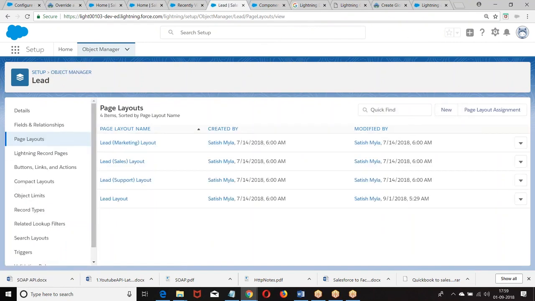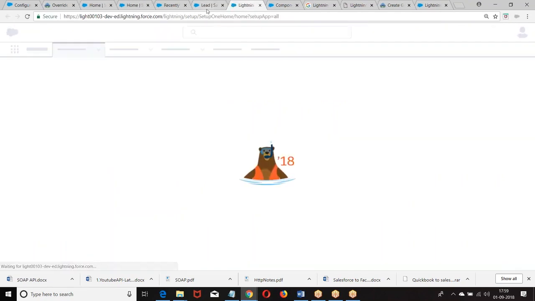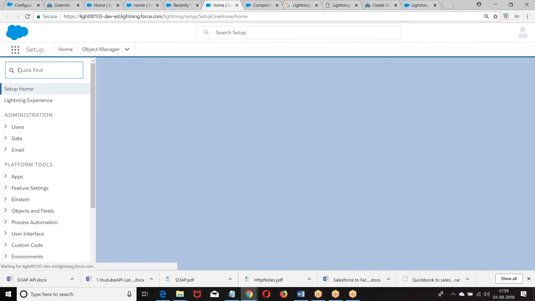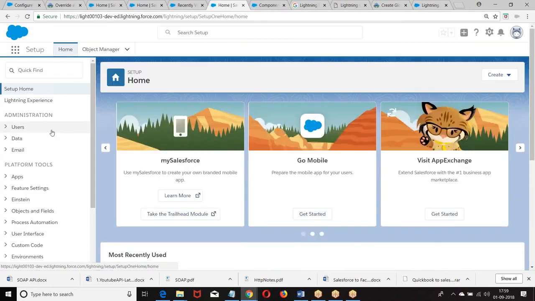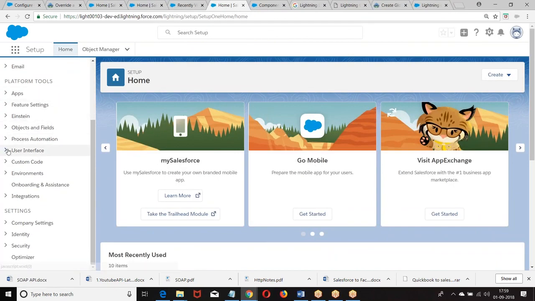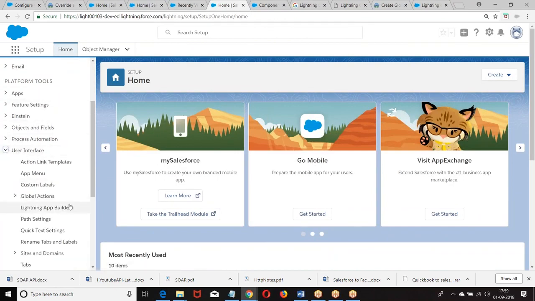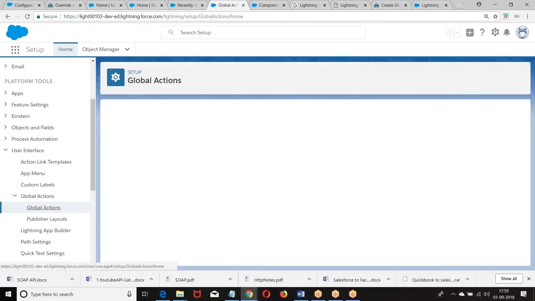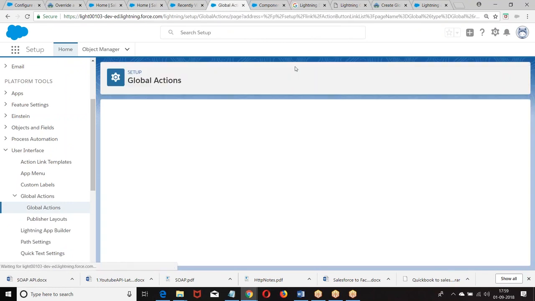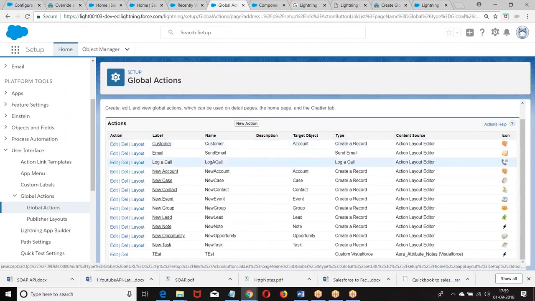Okay. Go back again. Setup. What I'm doing: setup, platform tools, user interface, global actions. Create a new action.